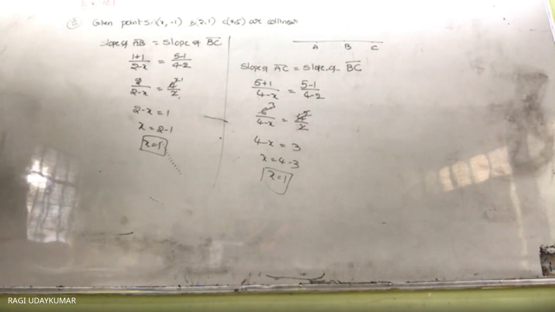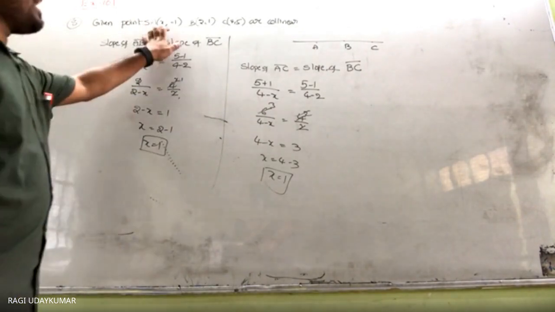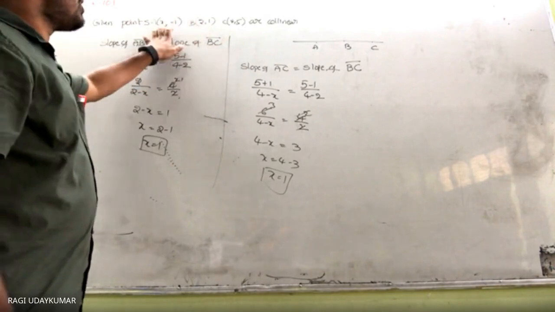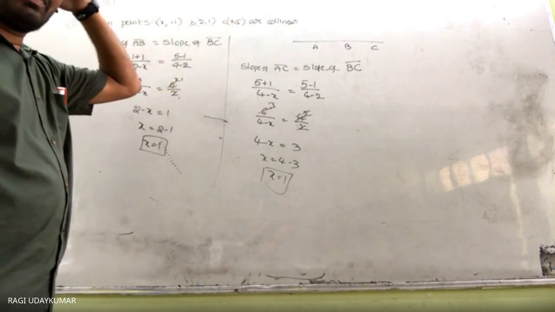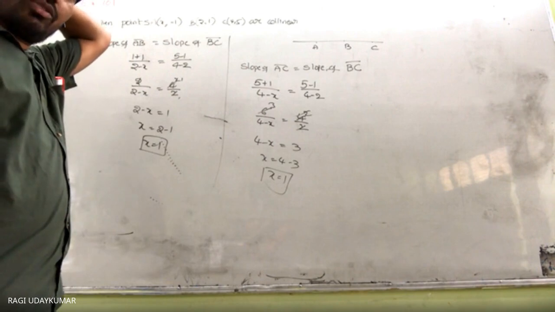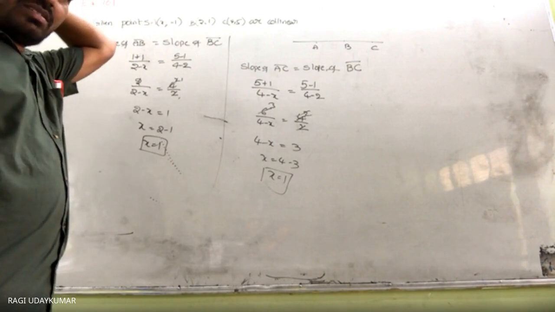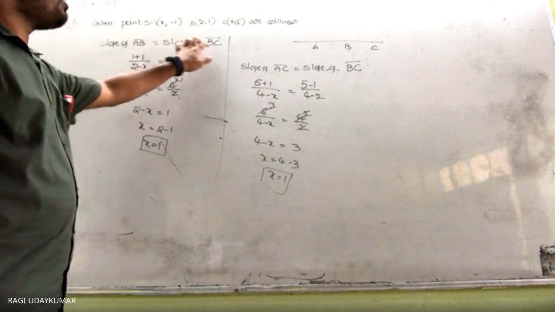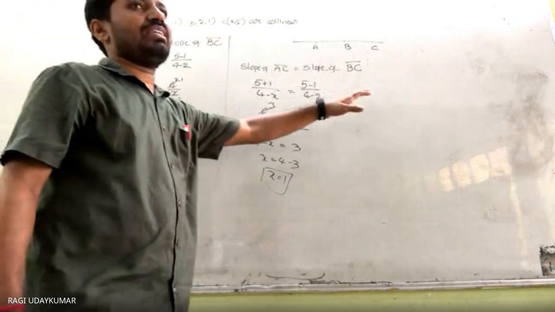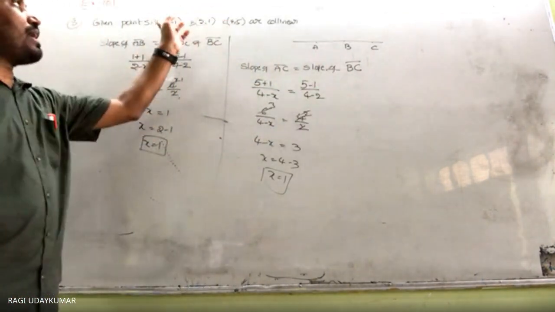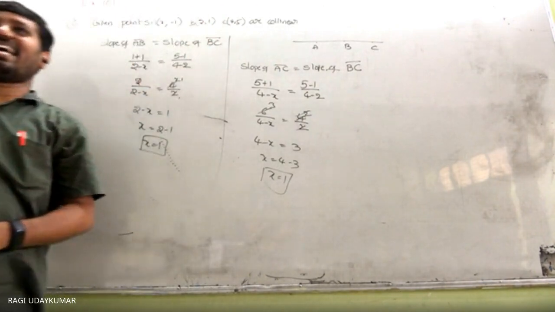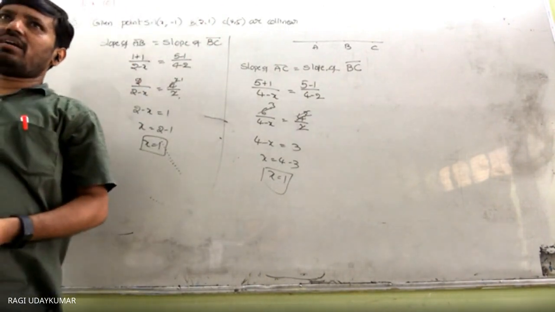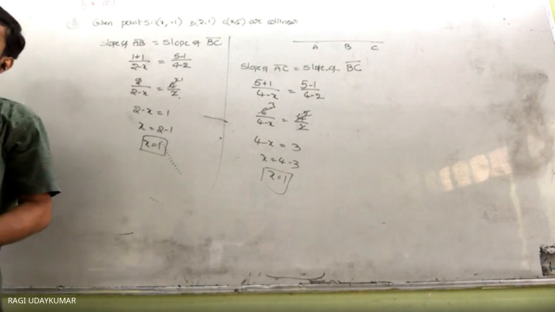Do we get the slope of the line joining AB equal to AC? If I take AB equal to AC, I get a linear equation. AC equal to BC, AC is equal to AB. Will a quadratic equation come? No, no, linear only.